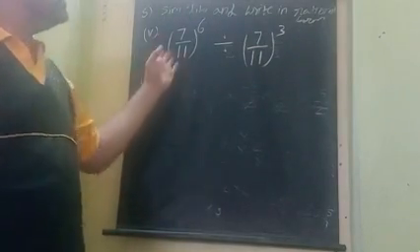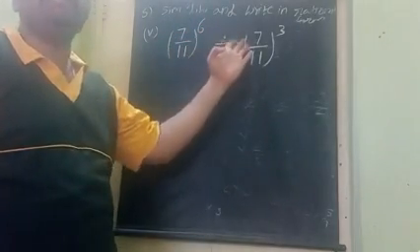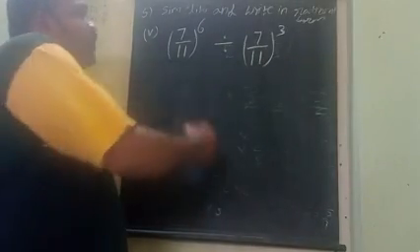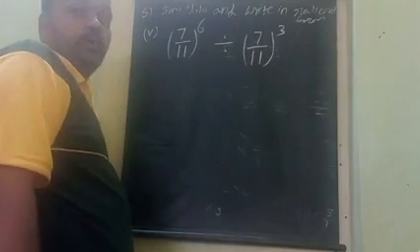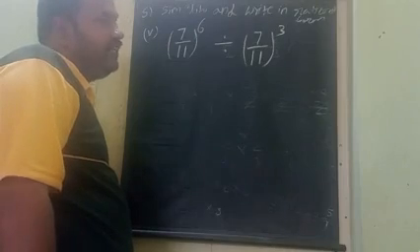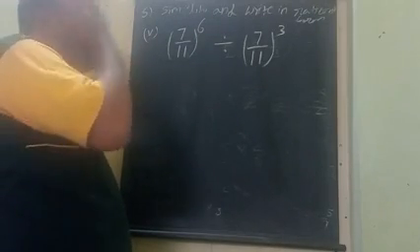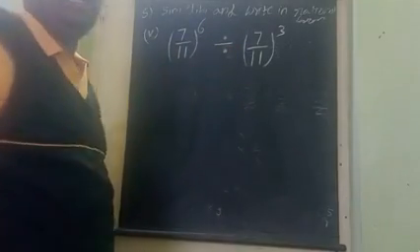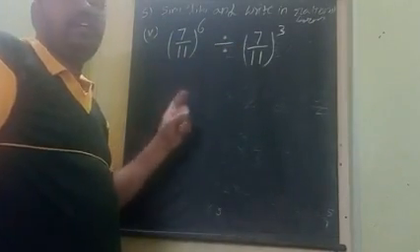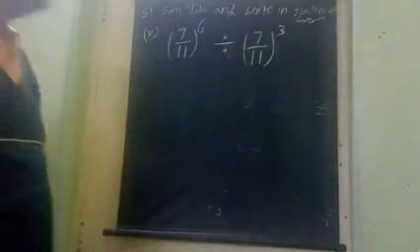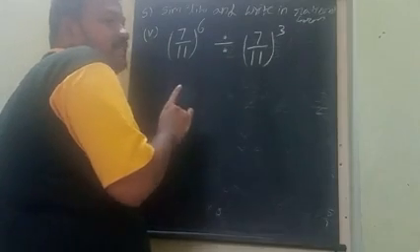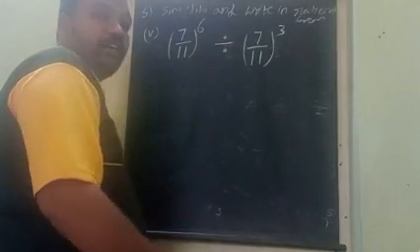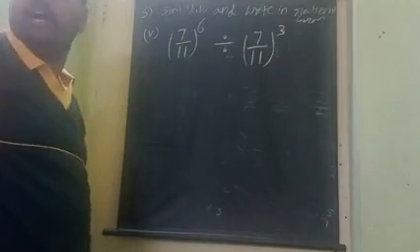See here this sum: 7 by 11 whole to the power of 6 divided by 7 by 11 whole to the power of 3. Before doing these exponential sums, we have to check the bases. What are the bases here? 7 by 11, 7 by 11. Both are of the same base. Previously I said the bases are not the same, so we did expansion. Now the bases are same, so we have to apply the rule of the formula. What is the rule here? Division is there. Division means the quotient law. What does the quotient law say? It tells us to do subtraction. That means when bases are same under division, we have to subtract the powers.